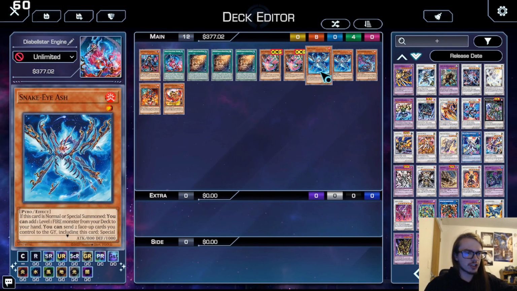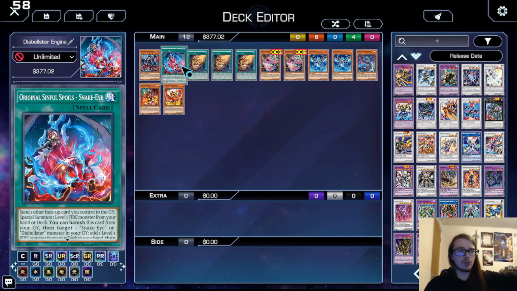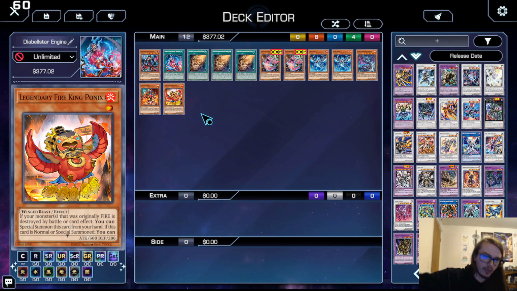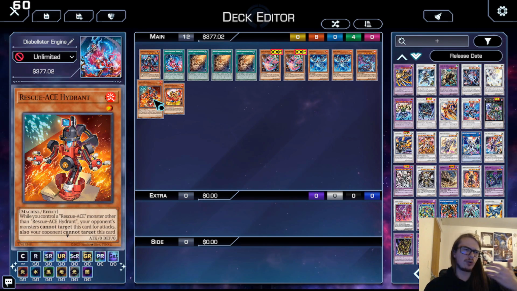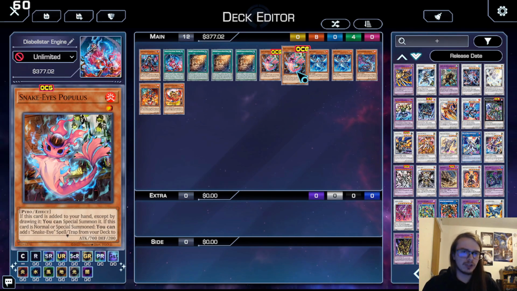On normal or special, Ash adds another level 1 fire monster from your deck to your hand. Meaning, even if you were to special summon this guy instead of summoning the Ponix or instead of summoning the Hydrant, you could then normal summon the other monster. This works a lot better in Fire King specifically, rather than in something like Rescue Ace. Rescue Ace, I think, needs its normal summon a little bit more, so being able to special summon Hydrant just matters a bit more. Then we have Populace, which also allows you...